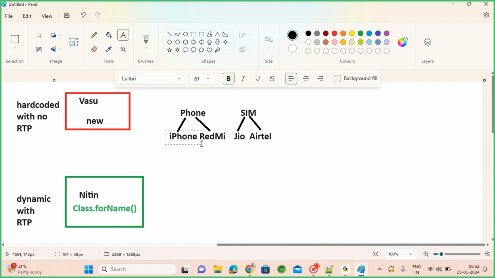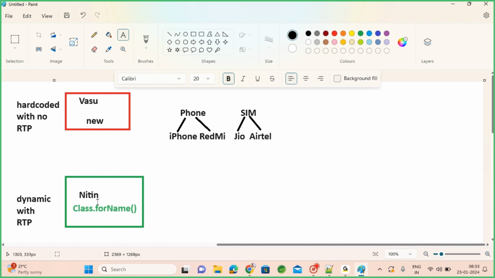The iPhone object we created, and we kept it into Phone. As per Java, it is possible. And the Redmi object we created, same thing again, we kept it into Phone. So what I achieved is that I can call implementation methods. Whatever calling method I have in Phone, when I call that calling method, that obviously will call the implementation class, either iPhone or Redmi, whichever you passed. That class's methods only it will call. So execution will not change,